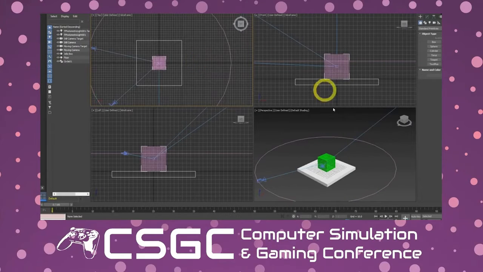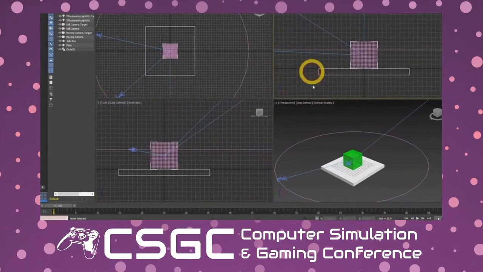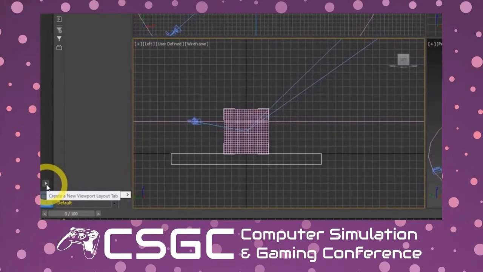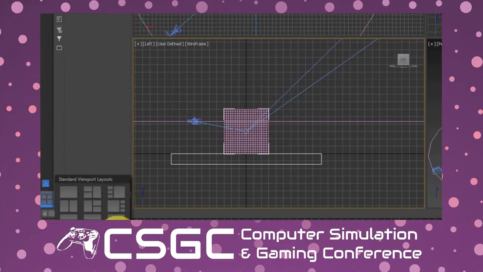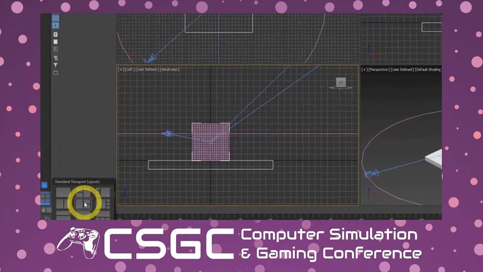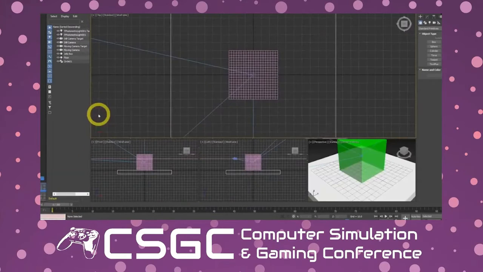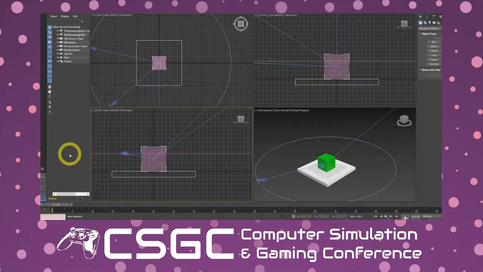The last thing that we want to talk about in regards to the viewport is how to change the viewport layout. Right now we are looking at a 4 viewport layout, but if I go down to the bottom off to the side of the Scene Explorer, I have the Viewport Layouts tab, with which I can change how my viewports are set up. So I can do a 3 viewport layout. I can do a little bit different setup where I have a larger window and smaller windows, or I can switch back to the default layout. It's just up to you how you want to set up your viewports.